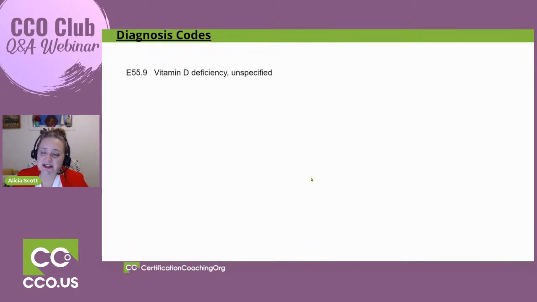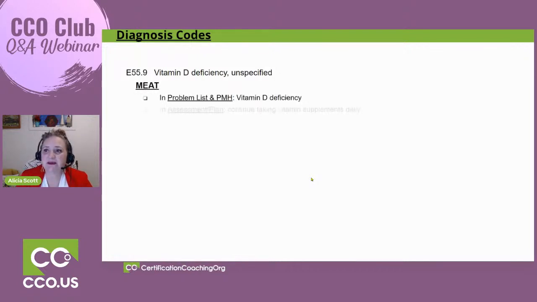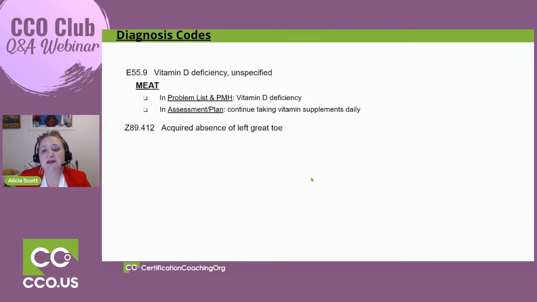Vitamin D deficiency unspecified, then our meat for that is right there on the problem list, and the PMH assessment and plan. He's taking his vitamins, so we're good. Then we have Z89.412, very important. These get overlooked, and we have to make sure that we have it captured. Acquired absence of left great toe. And then acquired absence of other left toes,